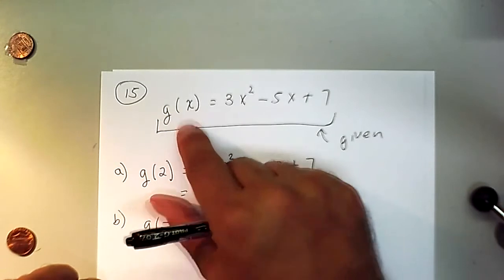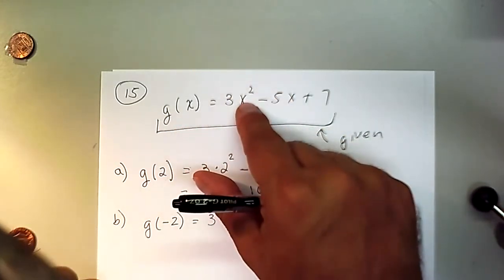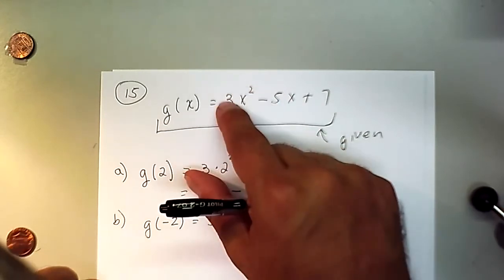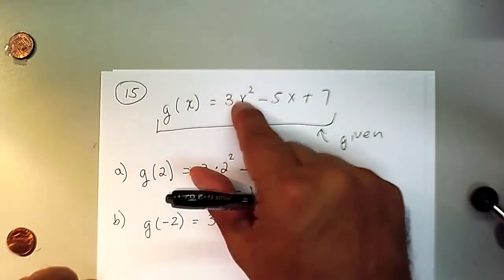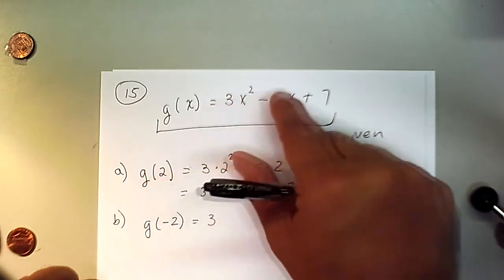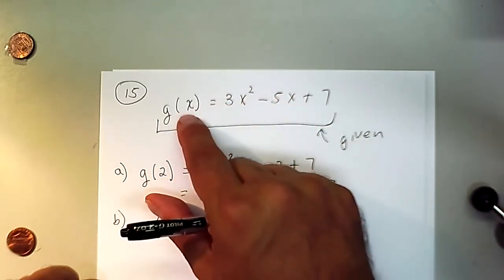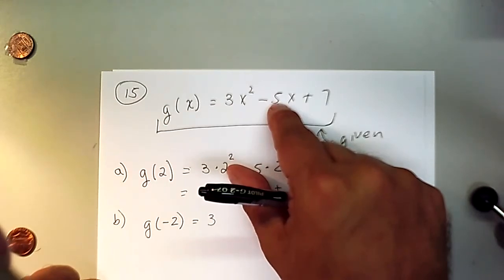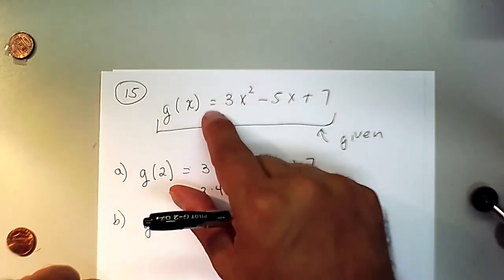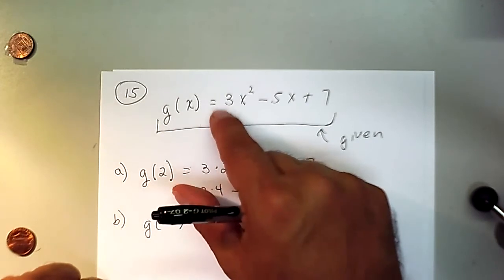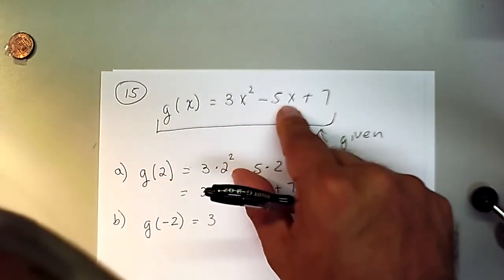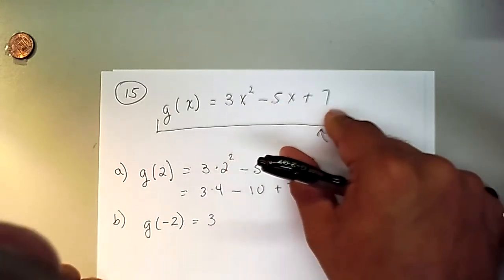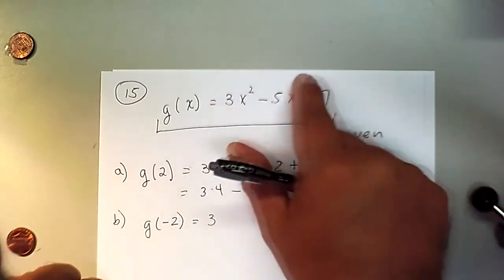So let me repeat. Take the input, square it. After we square it, we multiply by 3. Put that to the side for a moment. Grab the same input again, multiply it by 5. Bring back the one that we put to the side and subtract that minus the one we just found. Then add 7. All of that is going on here in this very, very small